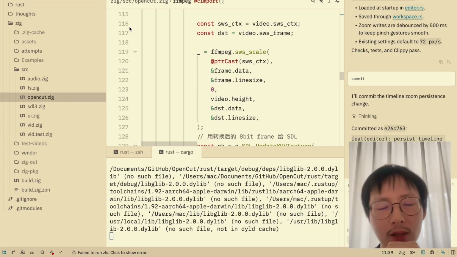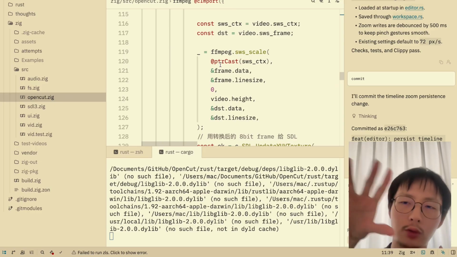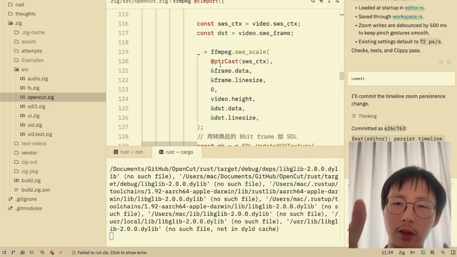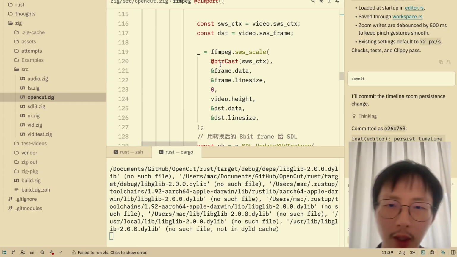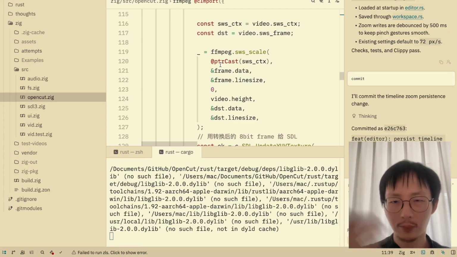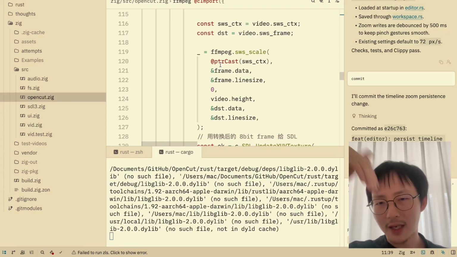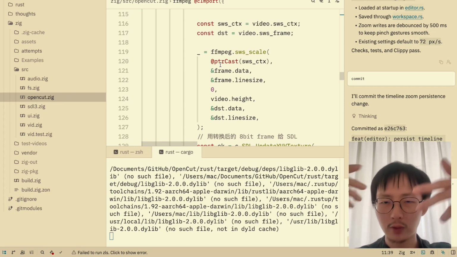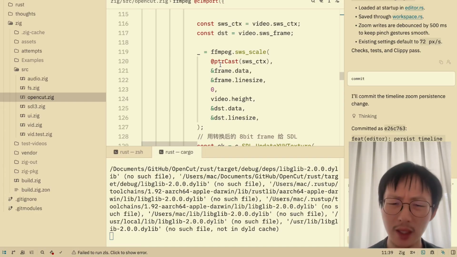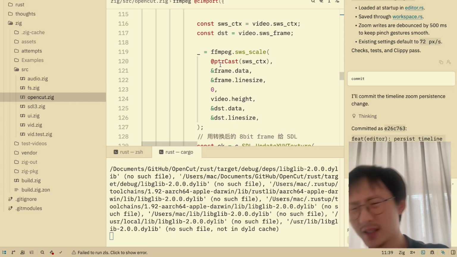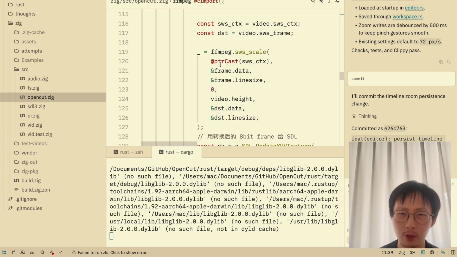Another thing is that in Rust you have closures. So if you pass a callback function into the UI event handler, you can use outer scope variables. But in Zig, that's not possible. So you have to pass an any-type pointer, and then inside the function you have to cast it back. It will create a lot of type safety issues. So I believe in that way, Zig is not a very good language to write GUI code.